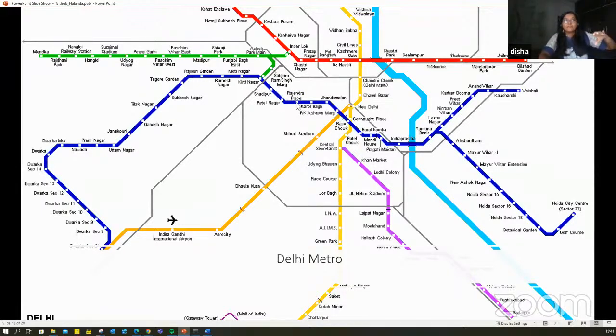I want to pass from here to Moti Nagar. If I just keep on having random nodes, I won't have that identifier, I won't have that recognition of where I am and where I need to go. A mental map will not form. So whenever you are dealing with graphs, you have these labels for easy understanding.